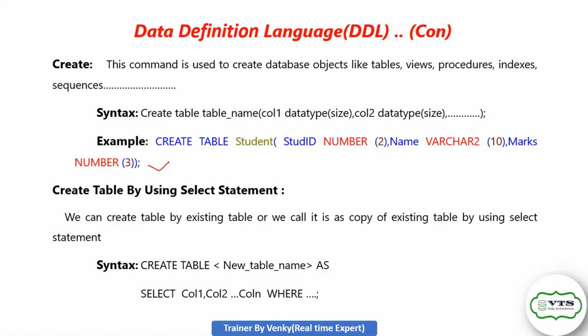We learned how to create a table, right? This is the example. You can practice yourself with whichever columns you have to create. So another way to create a table is to create a table by using the SELECT statement. So we can create a table by using an existing table. Existing table means a table which is already created in the database, or we can call it a copy of an existing table made by using a select statement. So you can copy a table, or you can create a table, by using the existing table. So the syntax for that: CREATE TABLE new_table_name AS